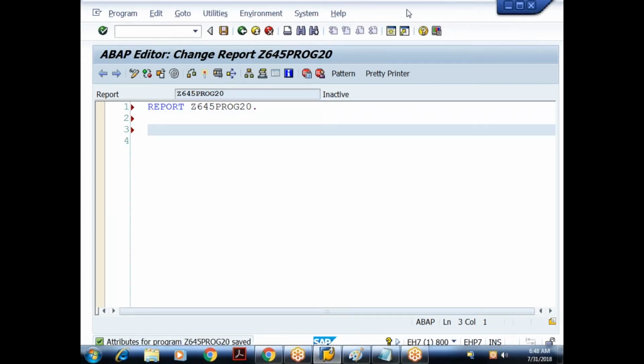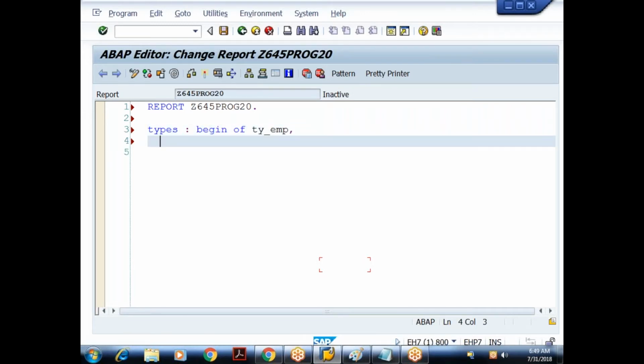Done. So what is the standard way of declaring the internal table? First, we need to create a types declaration. In the types declaration, we need to declare the fields. So it's types begin of. I'll give the type name as ty_emp.